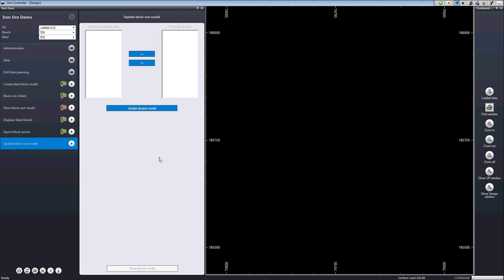It's all been predefined. There's a very neat and tidy database which implements a naming convention, and that makes it very quick and easy. Ore Controller was developed in conjunction with a client of ours operating an iron ore mine in West Africa. The system has been in operation there for over 2 years now. It's extremely reliable, and using local geologists who are usually quite junior, they're blocking out and using the Ore Controller system daily, and their senior geologist told me quite recently that they can train a new geologist to use Ore Controller in a couple of hours.